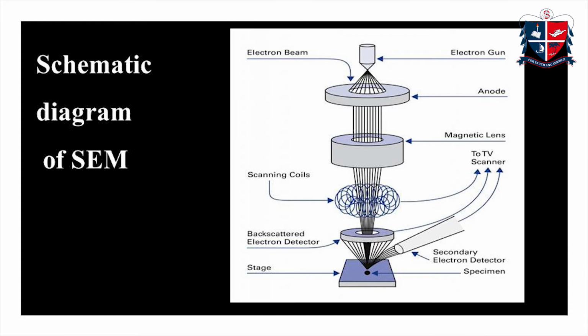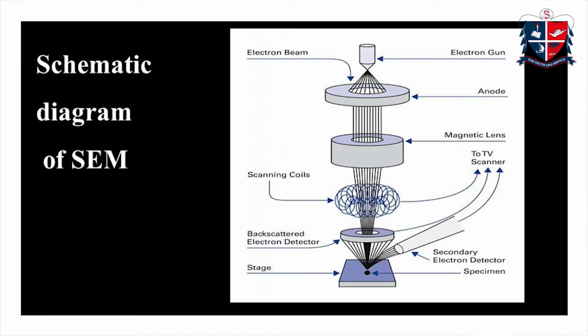Next one is the scanning coil. This scanning coil deflects the electron beam into a particular direction. And we are using another magnetic lens, known as the objective lens. This objective lens focuses the electron beam onto the sample. And this is the specimen. When the electron beam strikes this specimen, we get secondary electrons